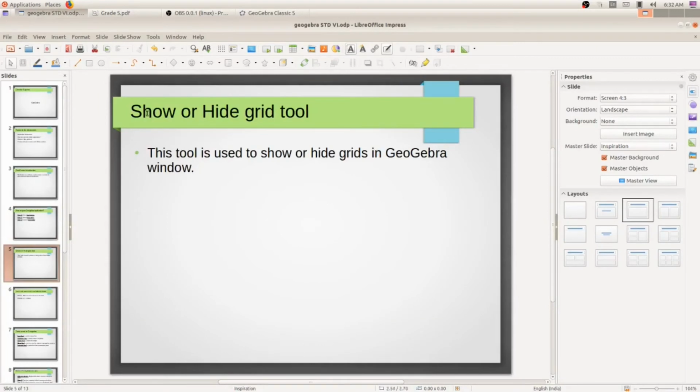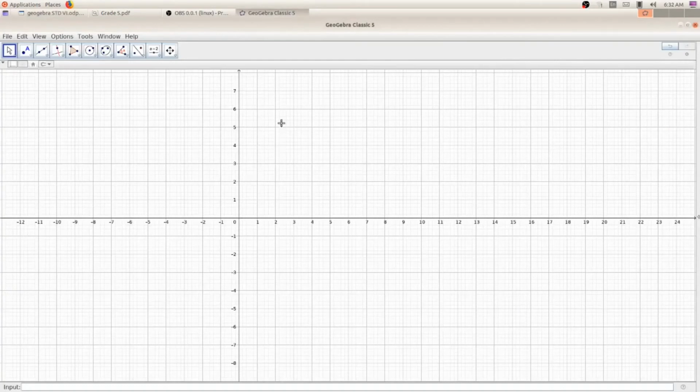Yes, a tool, show or hide grid tool. I will show you in our GeoGebra. What do you mean by grid? These horizontal and vertical lines. Can you see here the small boxes? They are known as grids.